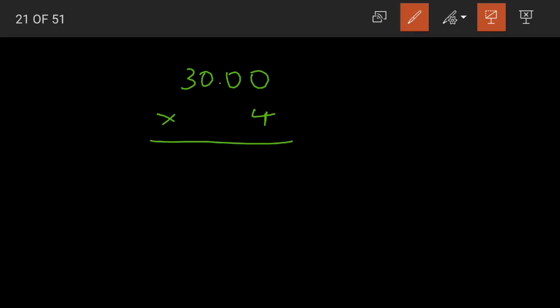So we have to multiply it with 4. Again let us start multiplying from the ones place. 4 zeros are 0, 4 zeros are 0, 4 zeros are 0 and 4 threes are 12. Again, is 12,000 the cost of bracelets here? No. In the question the number is having a point after 2 digits from the right. So even in the answer we have to place a point after 2 digits from the right. Now this will be our answer, 120 rupees.